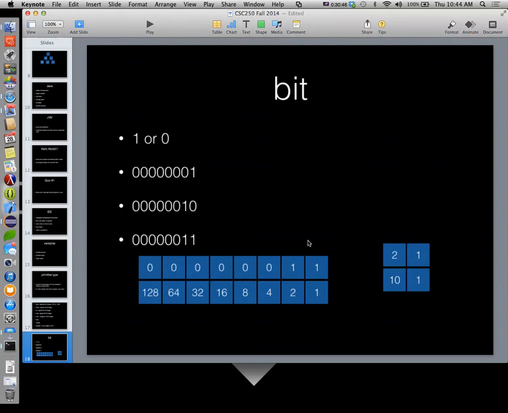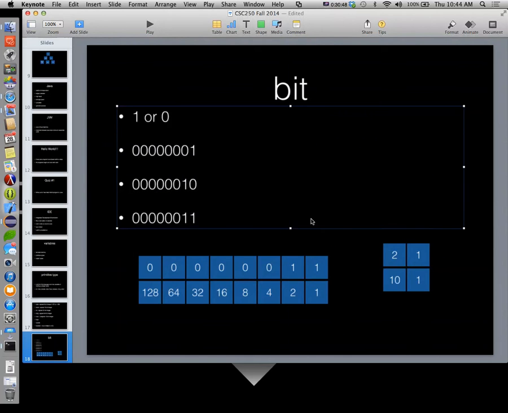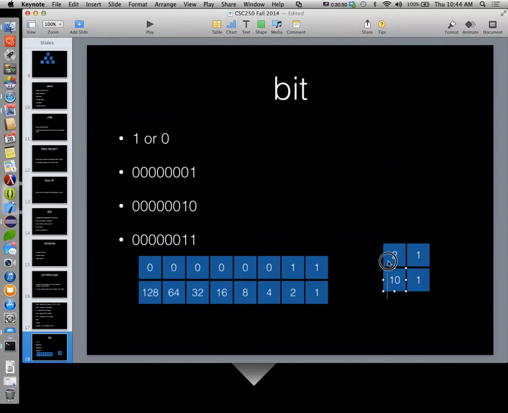If we add another bucket on here, this is the hundreds place, right? So 421 would be 4 times 100, which is 400, plus 2 times 10, which is 20, plus 1 times 1, which is 1, which is 421. Make sense? What if I said we were dealing with octal, base 8?